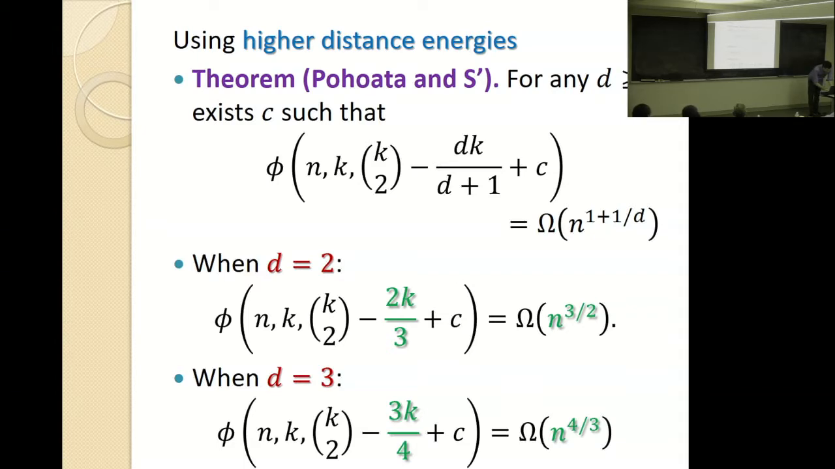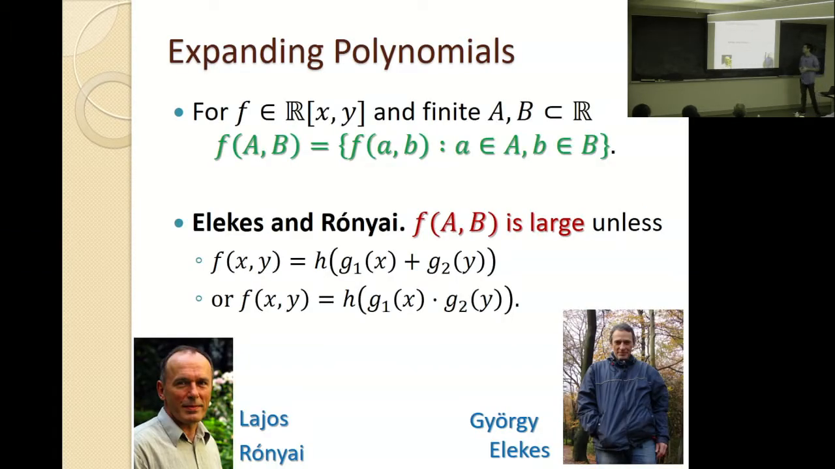Another problem I want to mention is called expanding polynomials. We have here a polynomial in 2 real variables. And we have 2 finite sets of real numbers. And we want to apply the polynomial to everything in its 2 sets. We apply it for every element of A and every element of B. And Elekes and Rónyai showed that